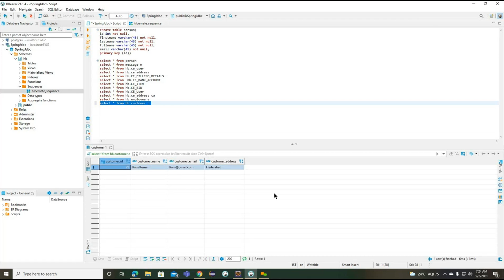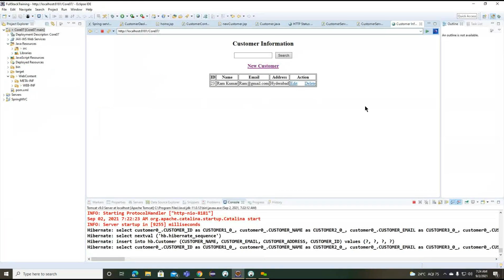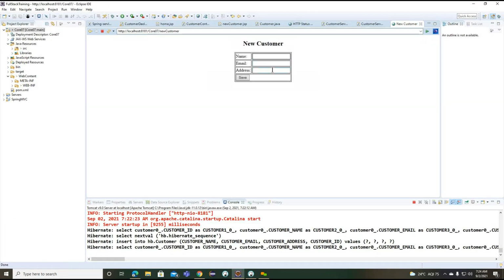Getting the point. So this is all about the single record being inserted, and the same information we are showing inside this table here. If I click to add one more record here, now what name can we provide here? Some different name I want to provide here.